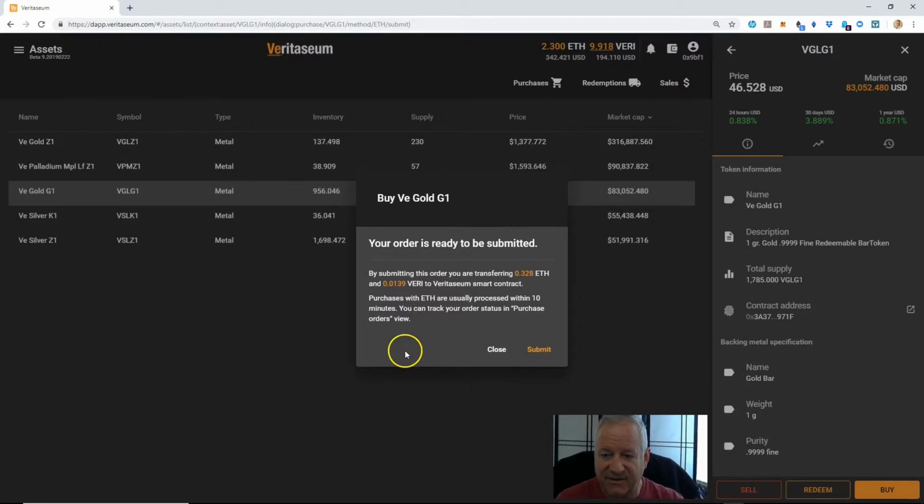When you do that, you'll get a final warning. It's telling you, by submitting this order, I'm going to transfer the quantity of Ethereum needed, and since I want to get the discount, it's going to also transfer the quantity of Veritaseum required to get the discount. It's going to transfer both of those to the Veritaseum smart contract. It's also telling me purchases with Ethereum are usually processed within 10 minutes, and you can track that order status